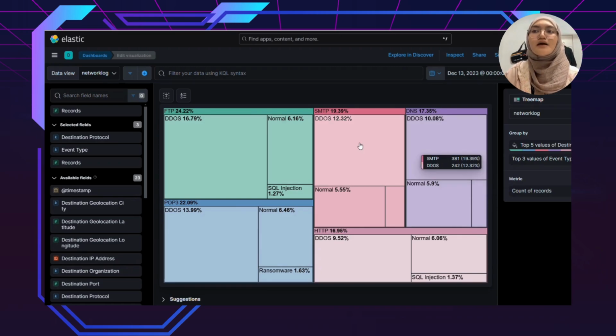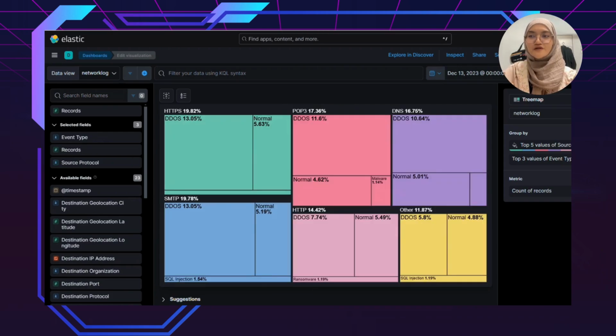For example, if FTP and HTTP are linked to high severity malware events, we can prioritize securing these vulnerable protocols. Tree map for source protocol of event types. This tree map focuses on the source protocol of various event types, providing a similar hierarchical view as the destination protocol tree map. Each block shows the event count for a specific source protocol and event type, helping us identify